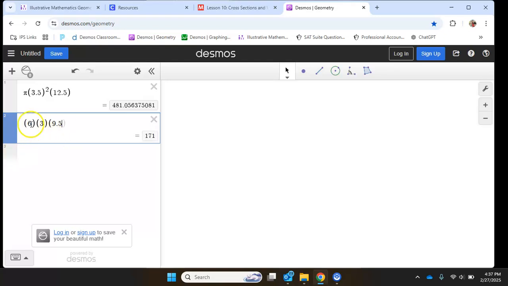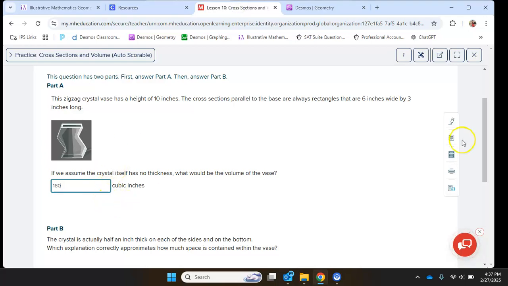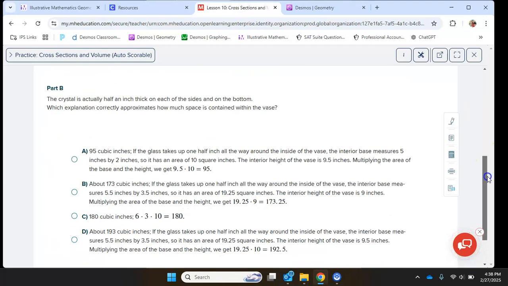And if it loses a half inch on each side, the length would lose a full inch, which would be 5, and the width would lose a full inch, so that would be 2. 5 times 2 times 9.5